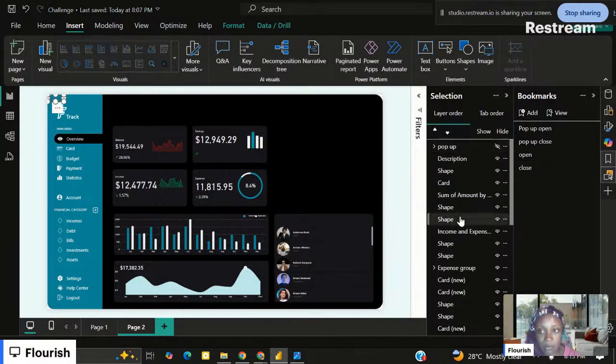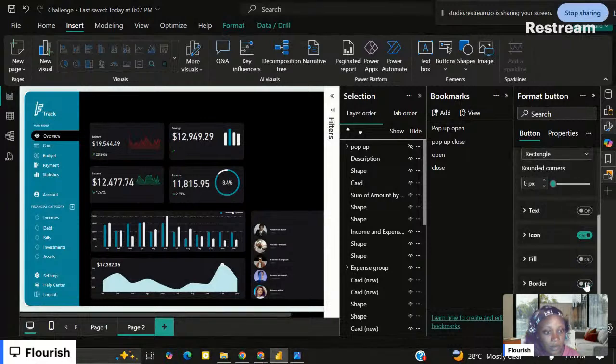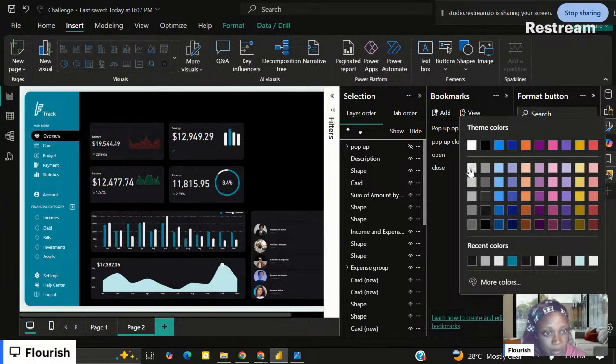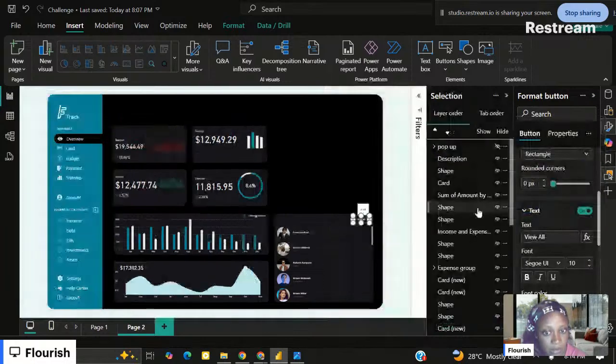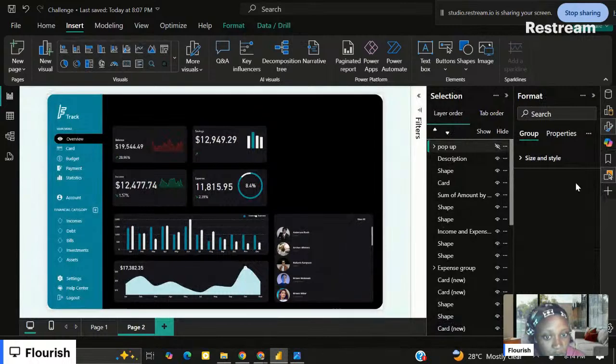Now the next thing I will do is to insert a blank button and drag it here. Okay, now let me just format this. Turn on the text now. So my text is going to say view all. And okay, very good. So now we have our button here. So now under this button, what I will do is to